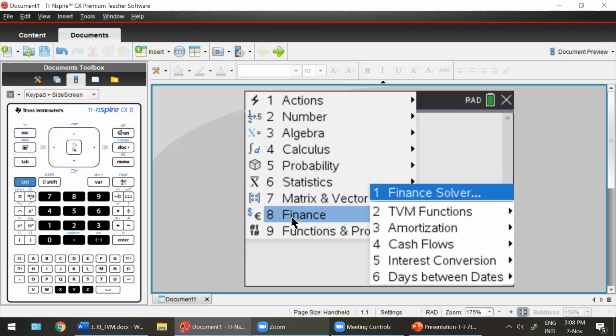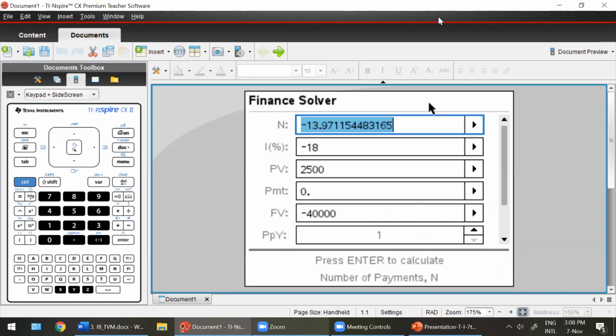You can type yes into the chat if you are with me and if you have your hand held with you. So menu, finance, that is 8 and 1. Just so that I know that you have got this, please go ahead and type in the chat menu 8 1, just as a recall way for you, so that you know that menu 8 1 gets you to the finance solver. Okay, great. So Abhinav is typing that in, I can see.